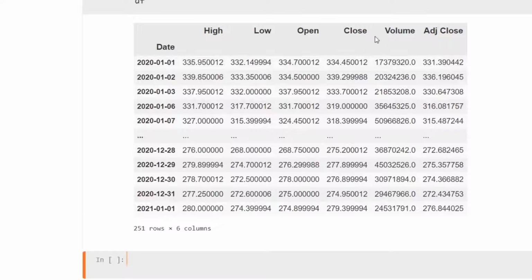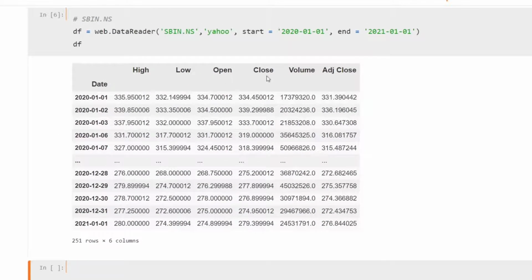Okay, you can see it's so simple. We have extracted the data for SBI from Yahoo from January 2020 to January 2021, and we have all the data: high price, low price, opening price, close price, volume, and adjusted close.